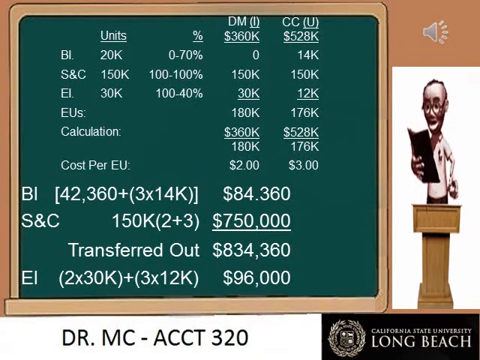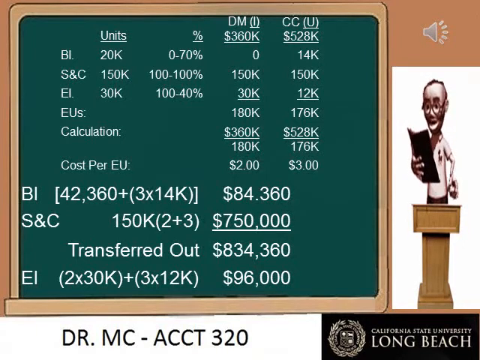We call this total transferred out because it is the cost of the units that were transferred out of the department. This cost is $834,360. With respect to the ending inventory, we spent $2 per equivalent unit times 30,000 equivalent units for direct materials,